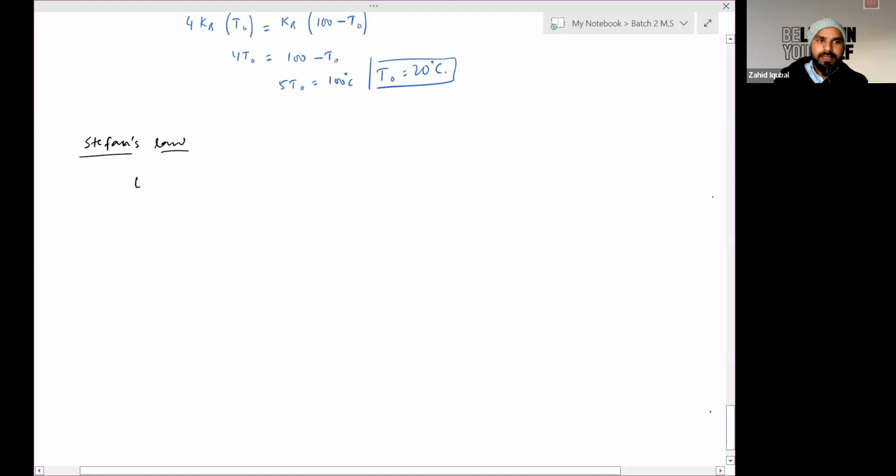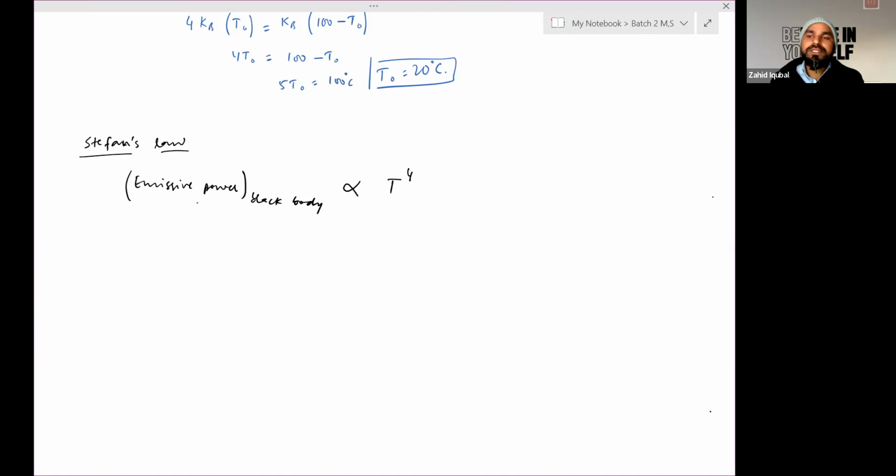It says emissive power of any black body at a particular temperature T will be directly proportional to the fourth power of their absolute temperature. What do you mean by emissive power? Emissive power is the amount of radiation emitted per unit area per unit time, which is also termed as intensity of emission of that body. So according to Stefan's law,